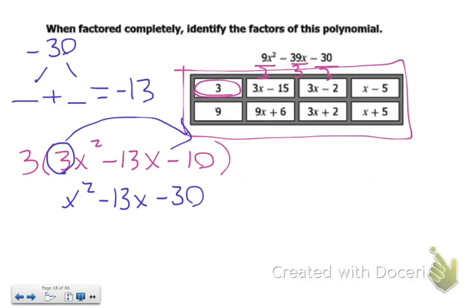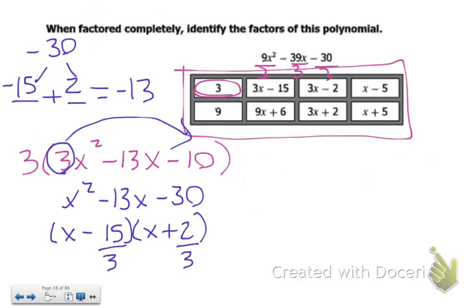Okay, so again, you're tempted to say 3 and 10, but negative 3 and negative 10 would give you positive 30. So be careful, because it's actually going to be negative 15 and positive 2. So again, x minus 15, x plus 2,